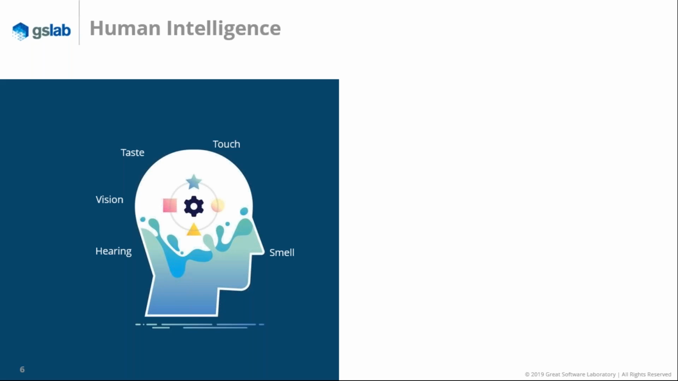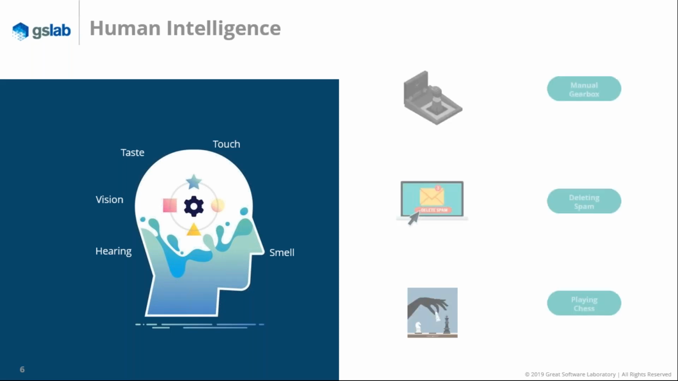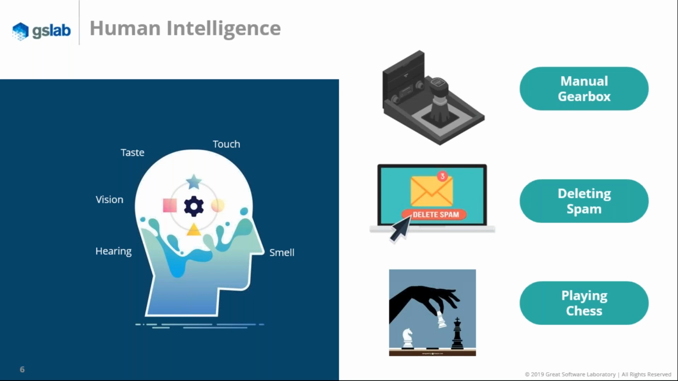So if you see how human intelligence works, your brain gets a lot of inputs in the form of vision, hearing, touch, and based on those, it processes them and takes effective decisions. So for example, we all drive vehicles. With a manual gearbox, what our brain is doing is it understands the speed, RPM, incline of the road, and based on that,